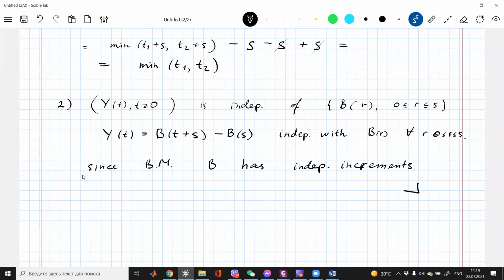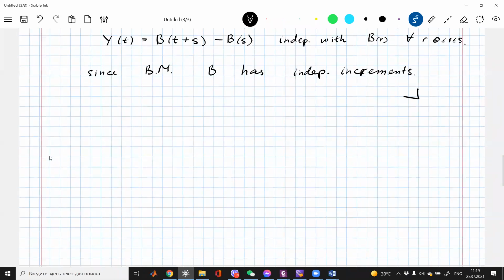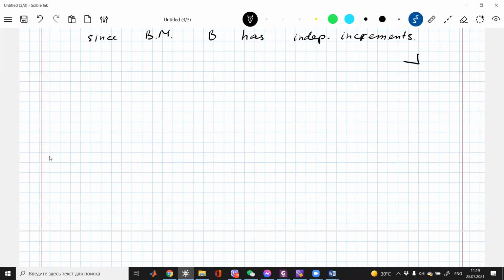So we know such a property for a Brownian motion that it starts anew if we consider some new point of time. But to investigate Brownian motion as a Markov process, we will give another description of a Markov process in terms of transition probabilities. So what is this? We can imagine that a Markov process is an analog of the property of dynamical systems. So let me recall that for deterministic dynamical systems,